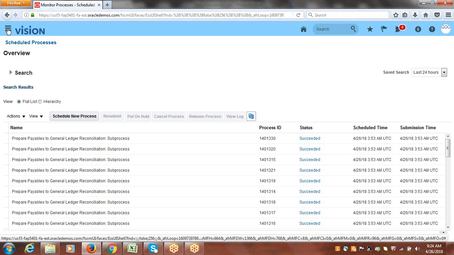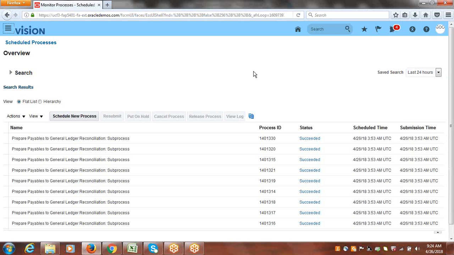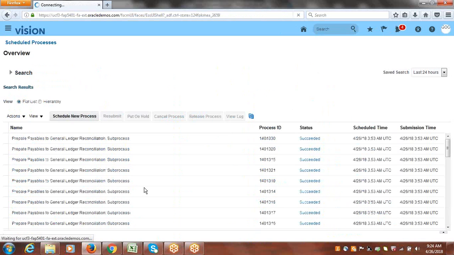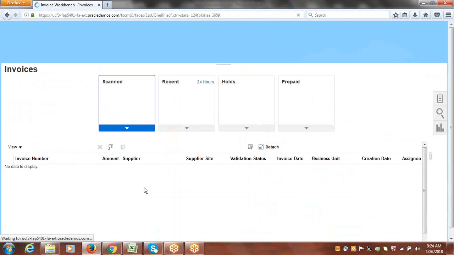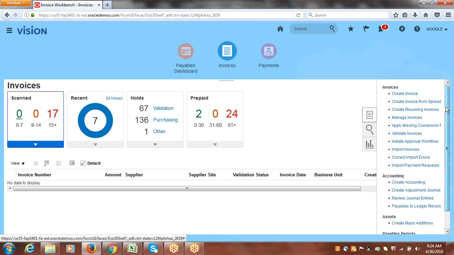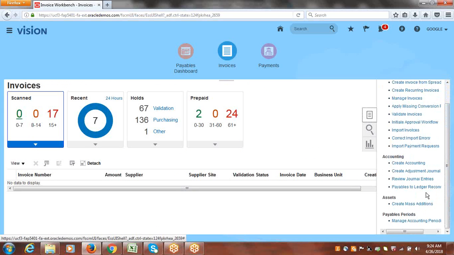After completing this, you can go to invoice workbench. In payables, click on invoices. Click on task list. So here you could see one task name called payables to ledger reconciliation. This is basically a report. So once you click on this,